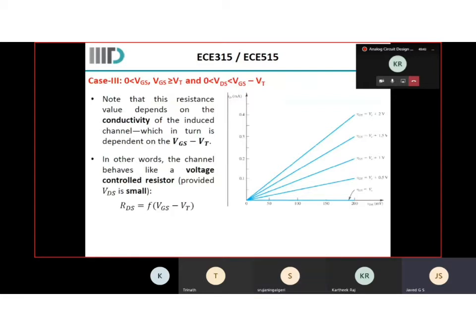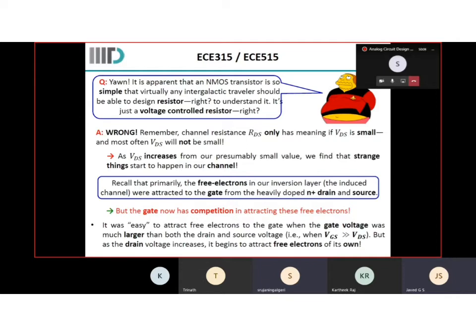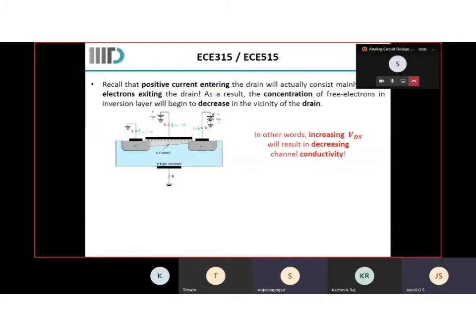Okay, so Sujit, we will bring you back on. So what did you not understand here in case 3? No, case 3 is very clear to me. I understand it pretty well with respect to the linear operation of this device when the VDS is not greater than VGS minus VTH. The problem is when the pinch off occurs. How is tapering only at the drain end? If I interchange the potential also, will it act the same?